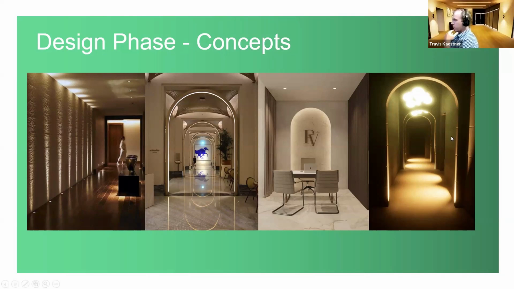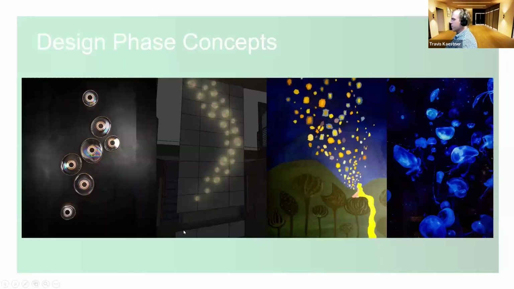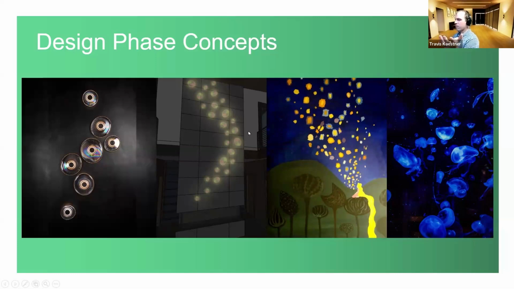This was a spa that we did the rendering on, with some step lights. They wanted to do some light up on the arches and ground lights, and then these little cloud glows on the ceiling as well. This is a concept of that, my background image here. I don't know if the recording will show it, but they wanted some concepts to look like floating lights going up their